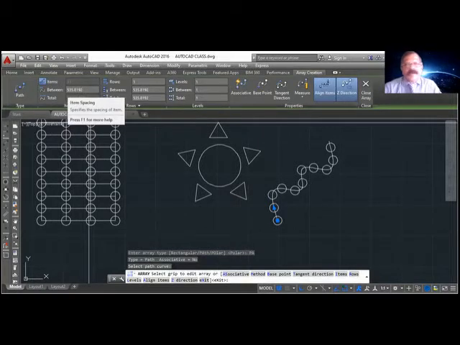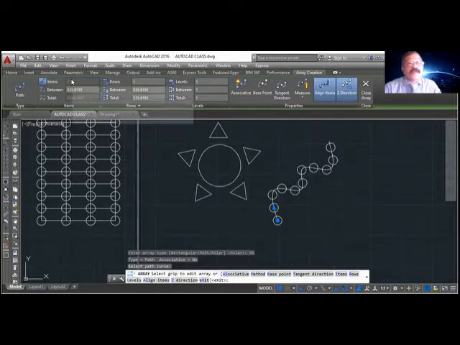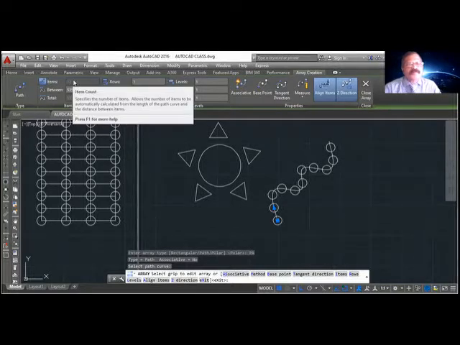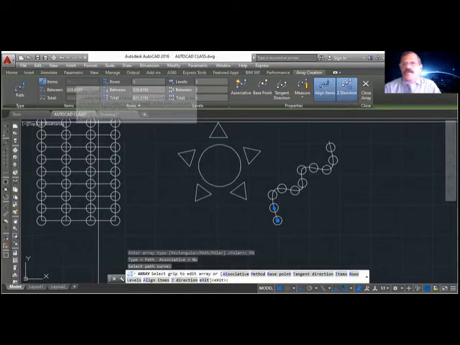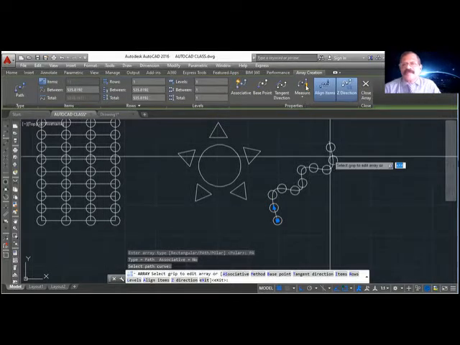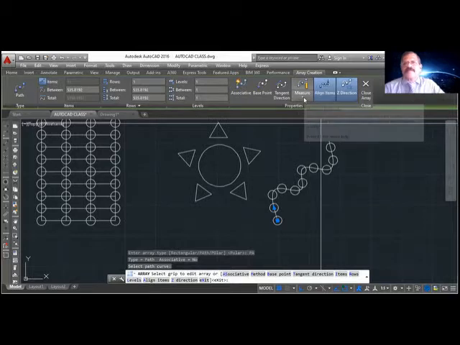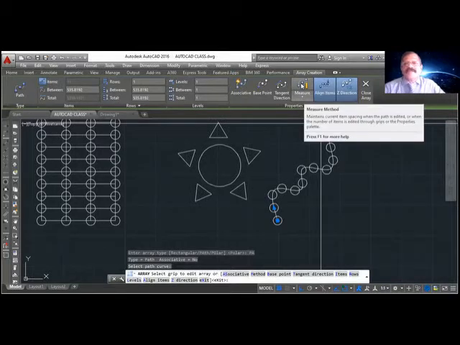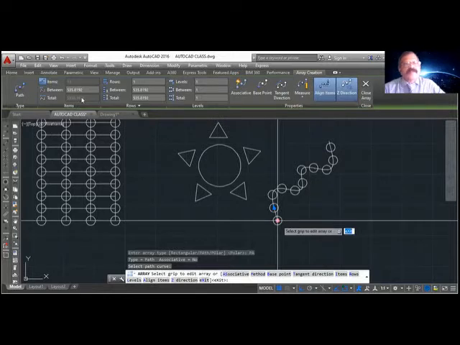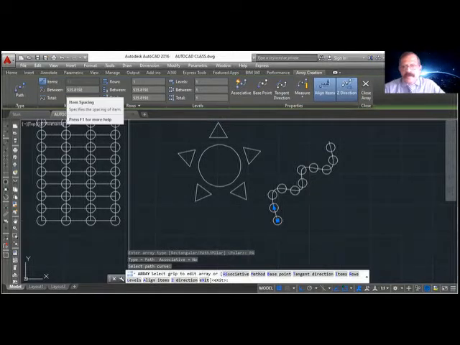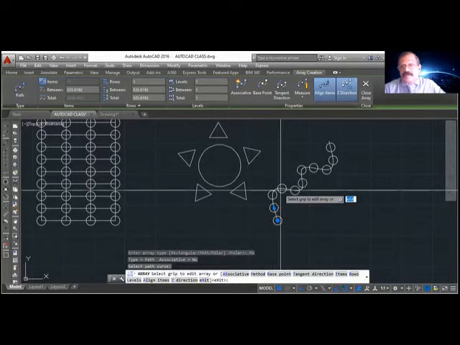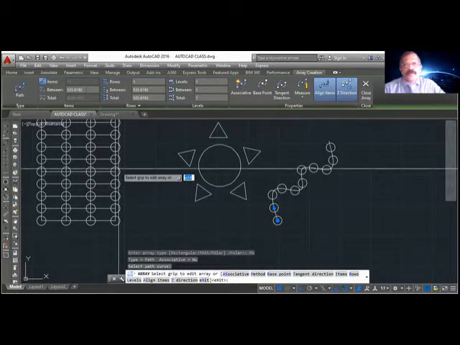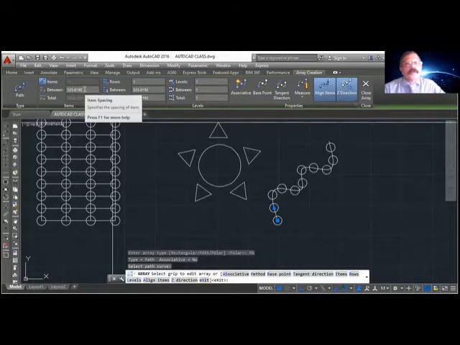Now, how can I change the number? See, here it is gray. That means you cannot change the number here. 11 numbers given, and I cannot change it because it's gray. What I have to do is come here. You see here, measure. We'll learn this measure command later. That means it is measuring a distance from the end. It starts with this 535, from here 535, again from the center of the circle 535. It goes like that. So if we change this value, suppose I make it 540.